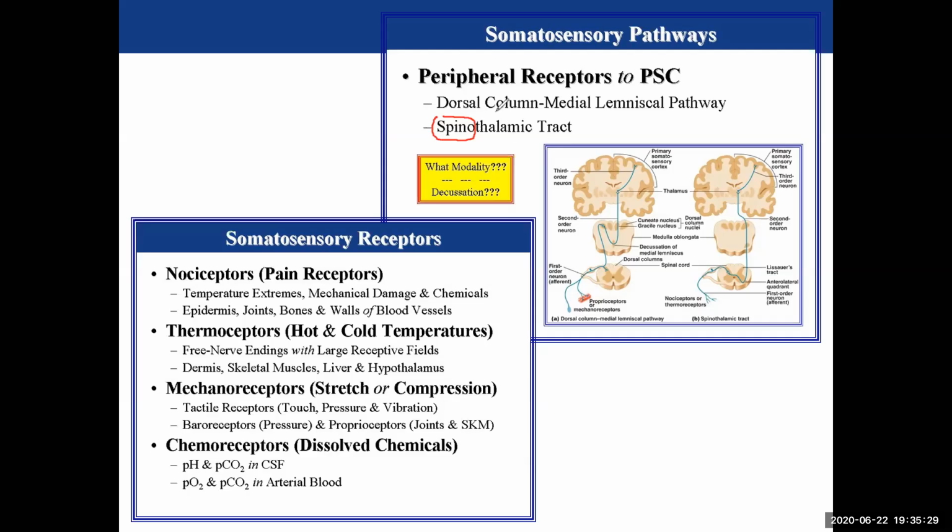Thalamic, the pathway ends at the thalamus. Right? If the pathway begins in the spinal cord and ends in the thalamus in the brain, then you know that's a sensory pathway, right? And the word tract,